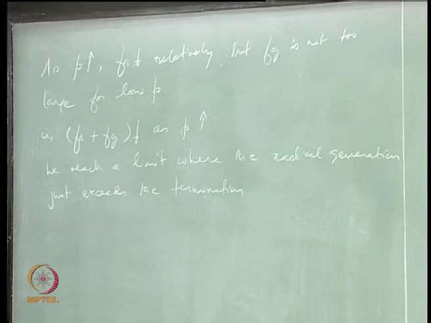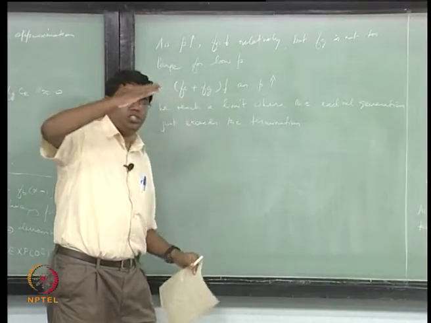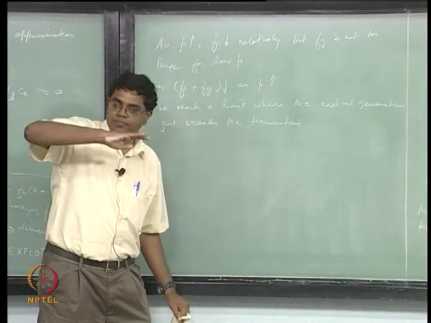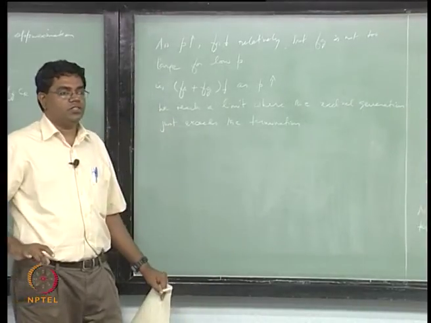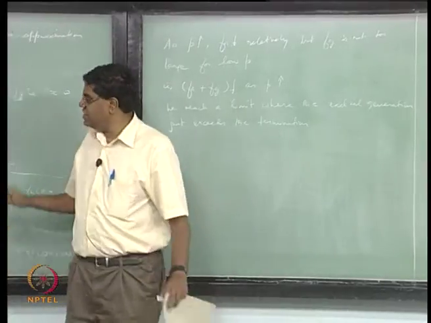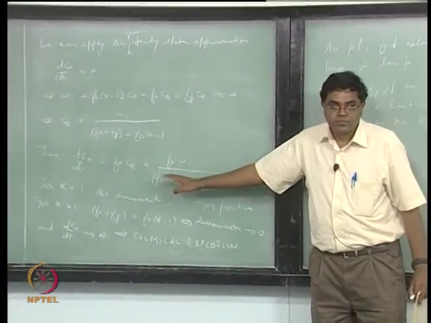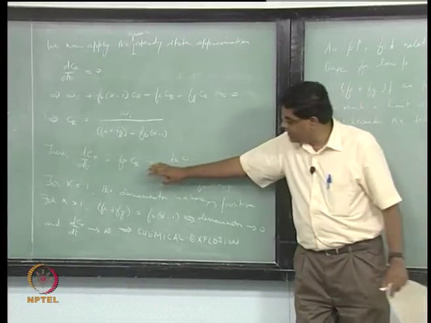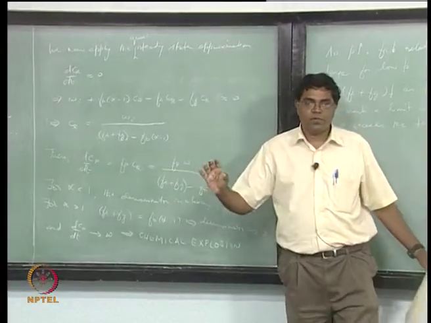So the termination is coming down but the generation is going up, and therefore you reach a point where the generation just exceeds the termination, and the moment when you say just, that means this is just beginning to equal that. So far this was higher, this was lower, this is now increased, so it is getting to this, and therefore